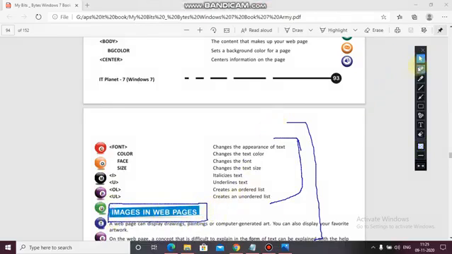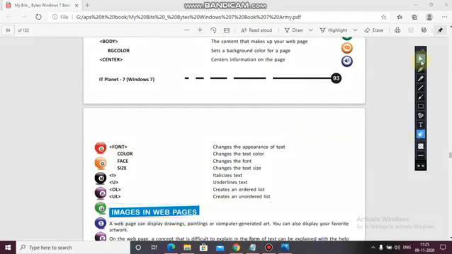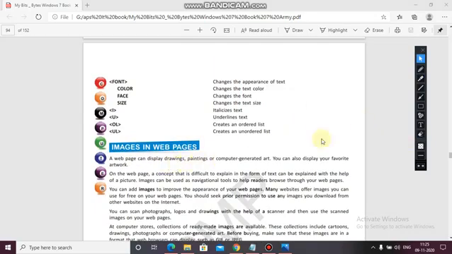Images in web page. Okay, a web page can display drawings, paintings, computer generated art. You can also display your favorite artwork.